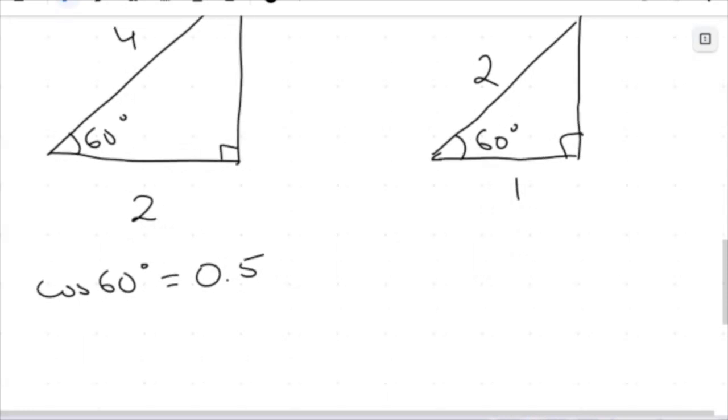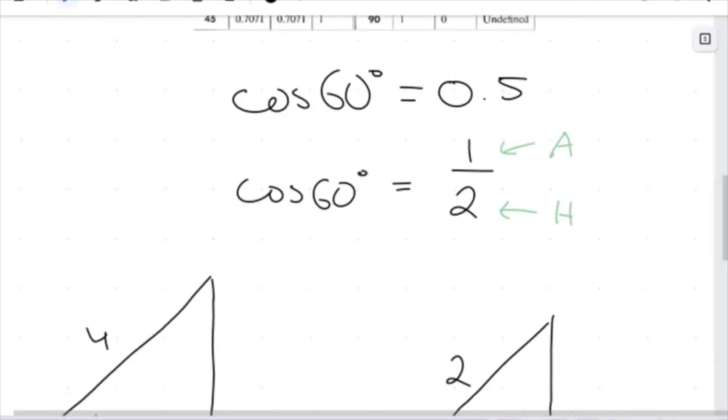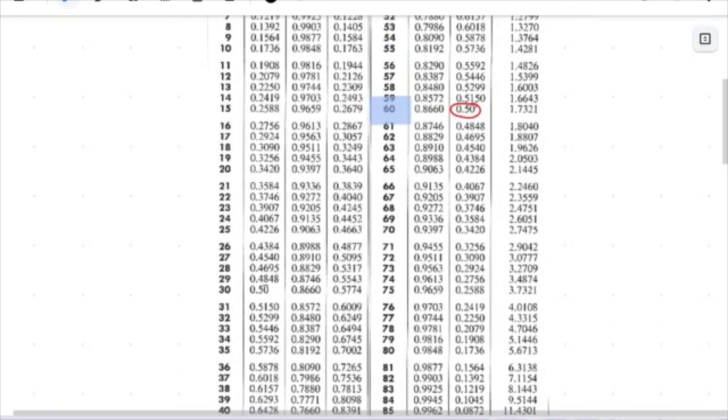But cos 60 is the same as the ratio of the adjacent over the hypotenuse. So this is the same as 2 over 4, which is the same as 1 over 2. So no matter what sizes of angles we're doing here, these are always going to work for the actual trig